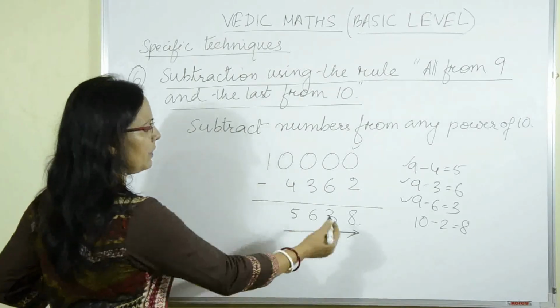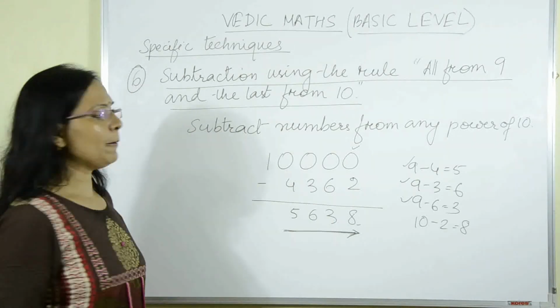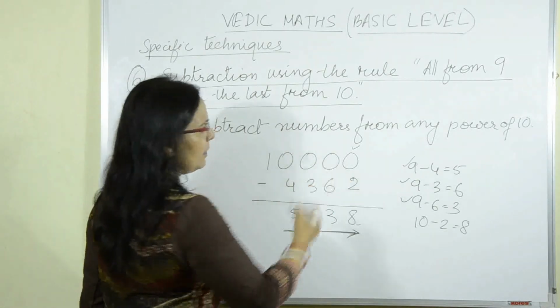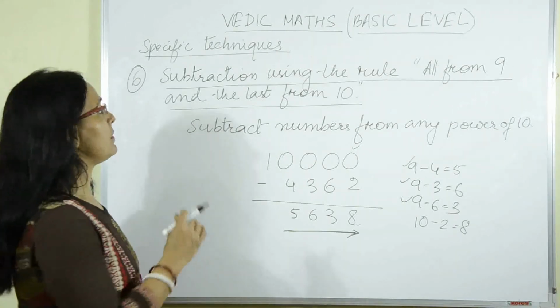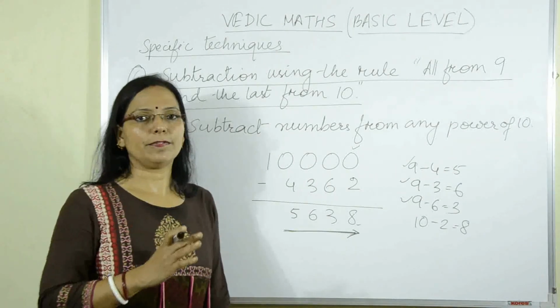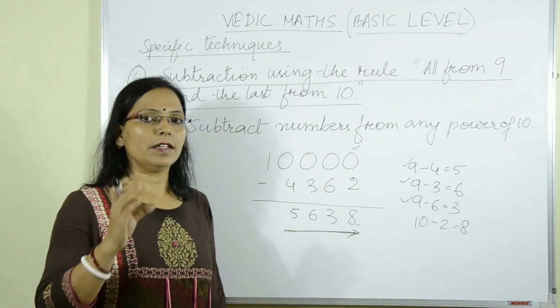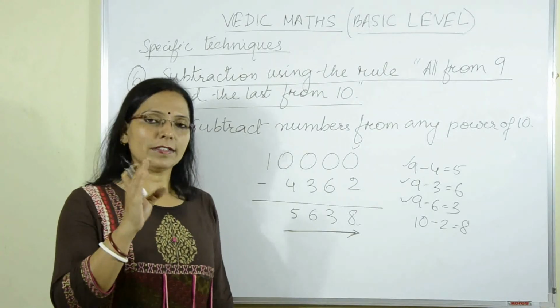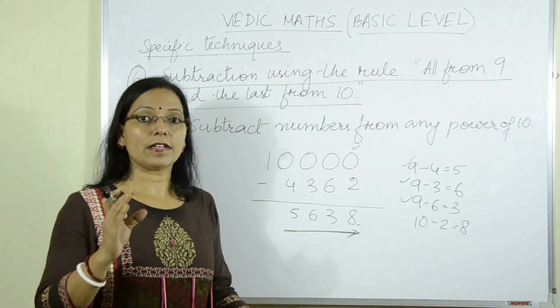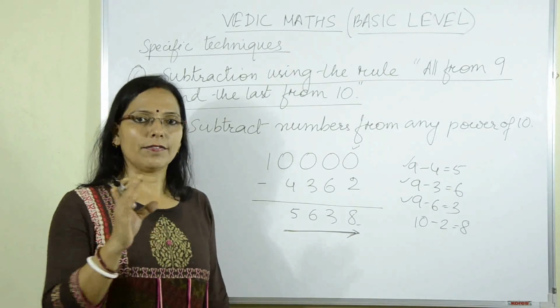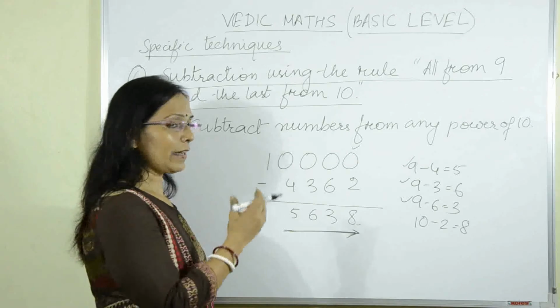So this is how we will do it. You can do it very quickly, provided this is a power of 10. So this was the last of the specific techniques. All the techniques discussed here are specific. They apply with certain rules and regulations. They have certain limitations as well. If you can remember this, your calculations will be